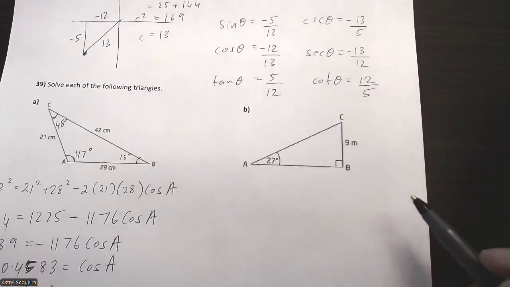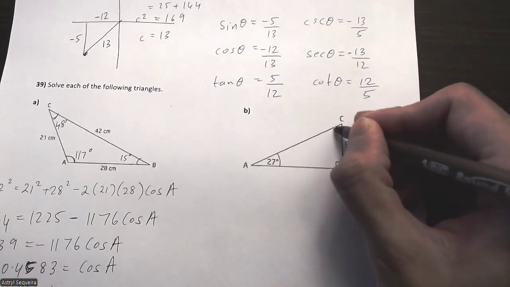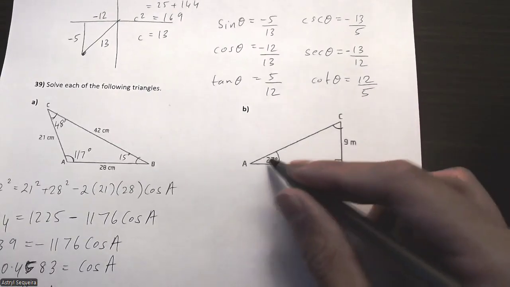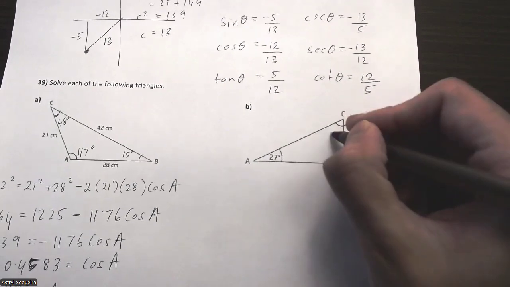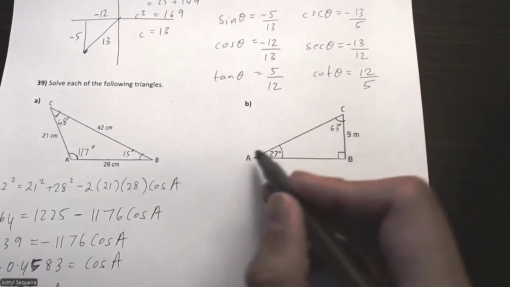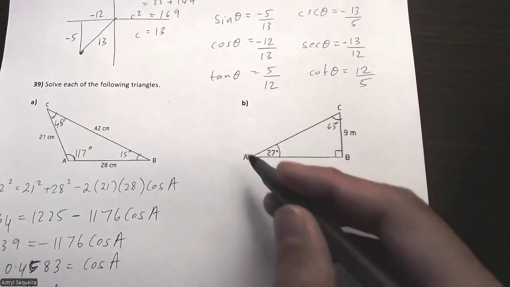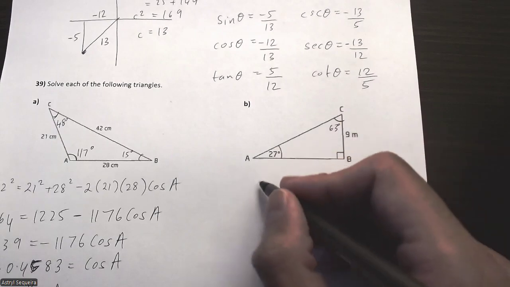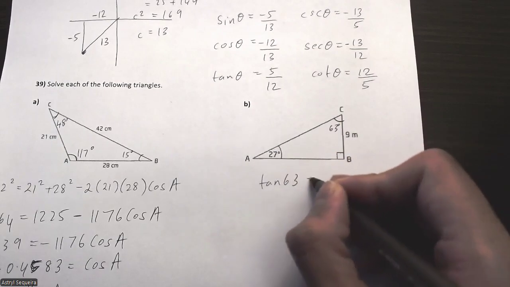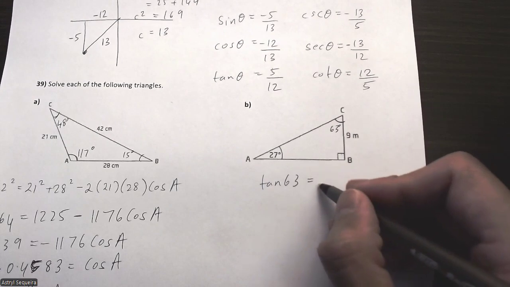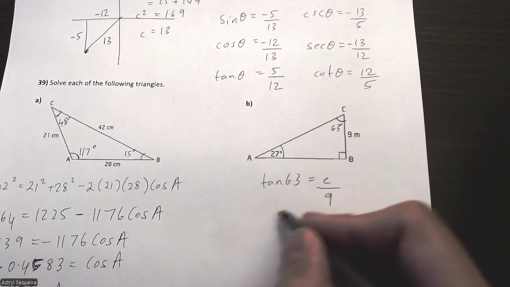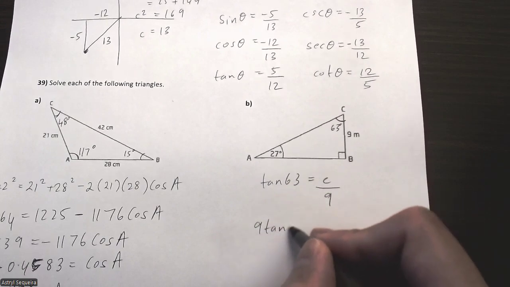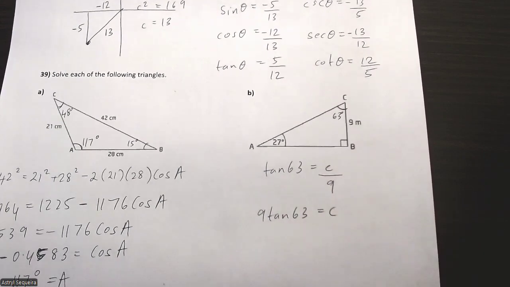Let's try part B. Part B is a right triangle. I can just find this angle first by doing 180 minus 90 minus 27 and get 63 degrees. And I can find the bottom side here using SOHCAHTOA. So I'll just do tan 63 equals opposite, which is small c, over adjacent, which is 9. I'll cross multiply the 9 over. 9 tan 63 equals c. Put that in my calculator and I get